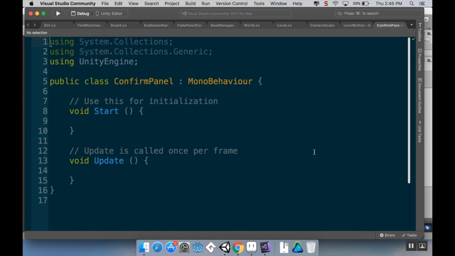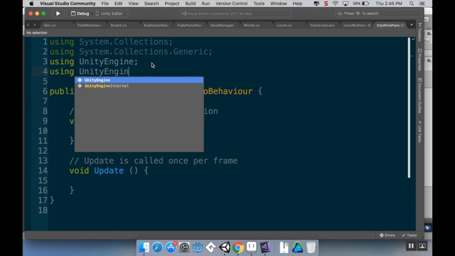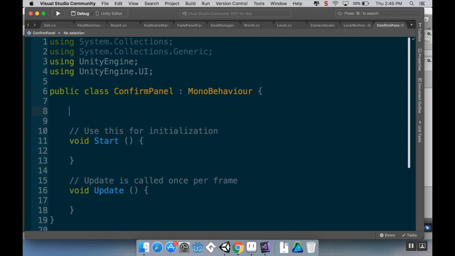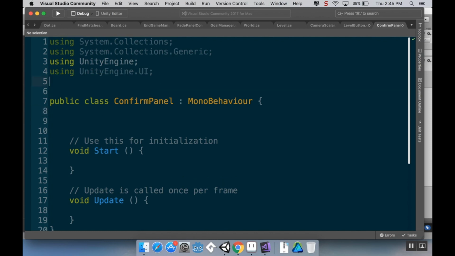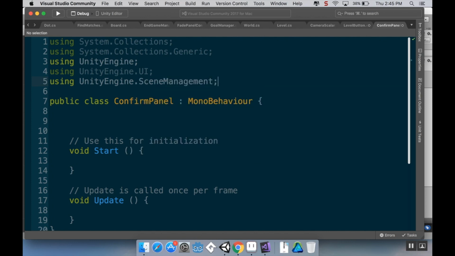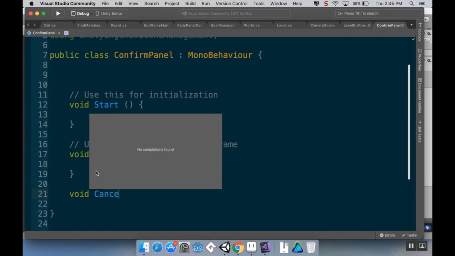And the first thing I want to do with this is same thing, access the UI elements. So using UnityEngine.UI. Oh yeah, there's one more thing we want to do. Since the confirm panel is going to be loading scenes, we need to access scene management. So using UnityEngine.SceneManagement. Now I'm going to make two teeny tiny methods for closing the confirm panel and for launching the next scene. So first I'm going to do void Cancel,